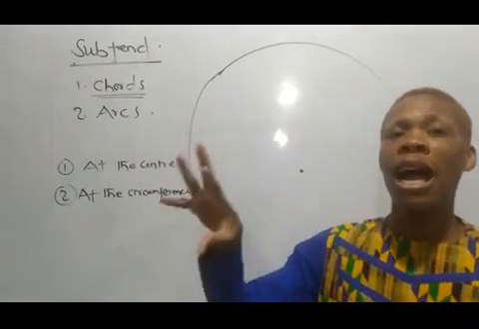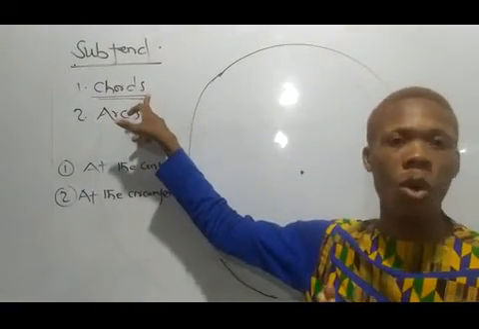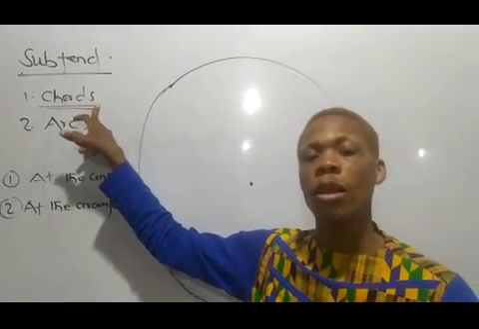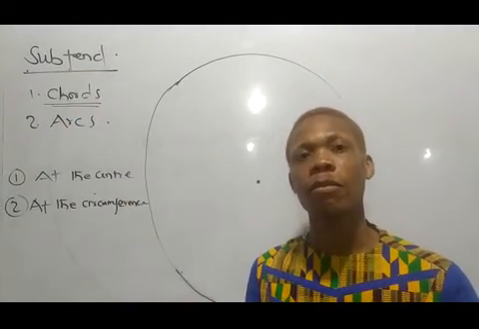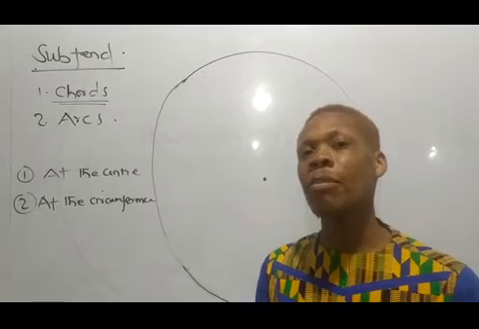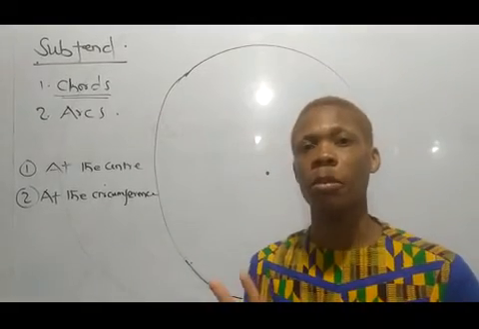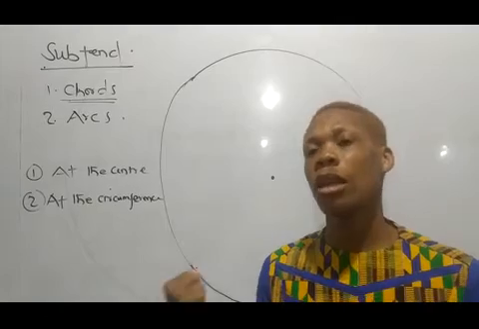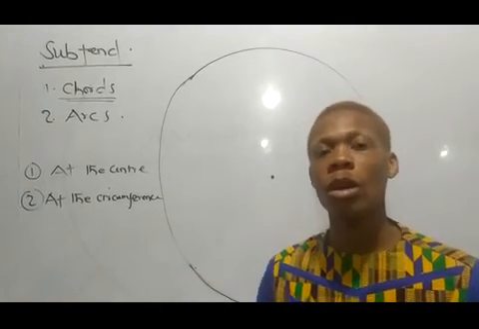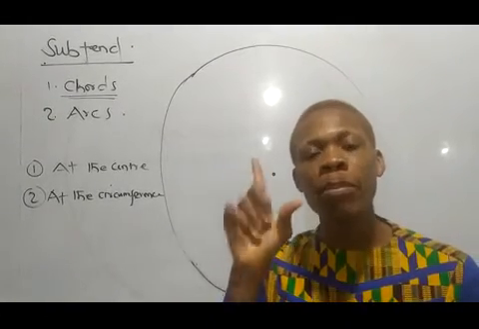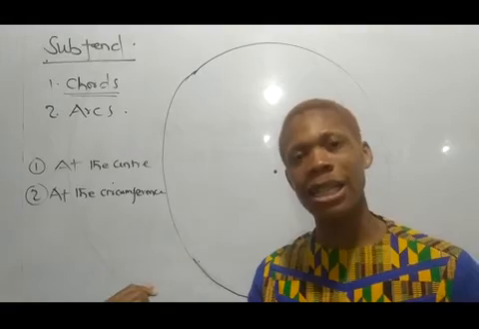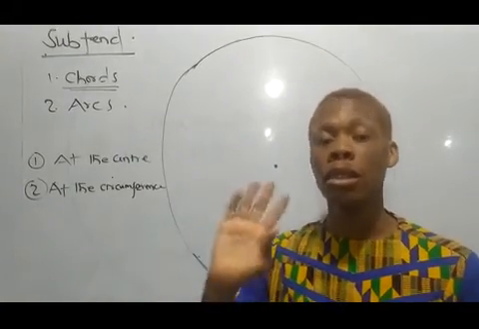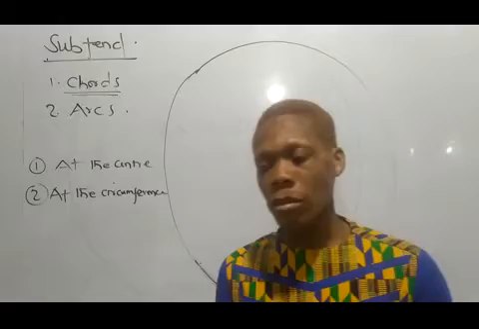However, I will use only chords to subtend angles. Two, I'm also explaining that angles can be subtended at two places in a circle. One, you can subtend the angle at the center, and two, you can subtend the angle at the circumference. Okay,